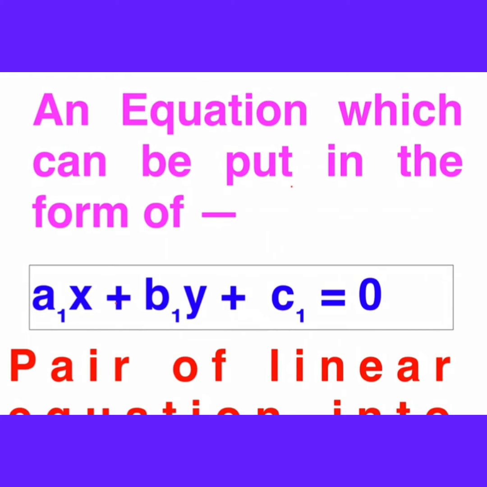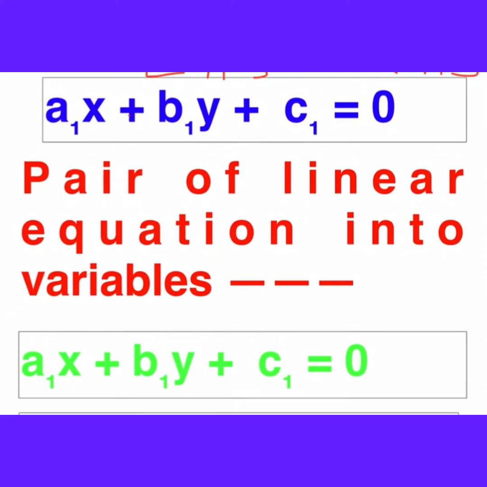Okay, how can you say this is an equation? Because this algebraic expression contains two sides, this is the left hand side and this one is the right hand side, and if an algebraic expression contains two sides with an equal sign, then it is known as an equation. And because the variable has only degree 1, this is known as a linear equation. But now here are two variables x and y, so this is known as a linear equation in two variables. Clear?